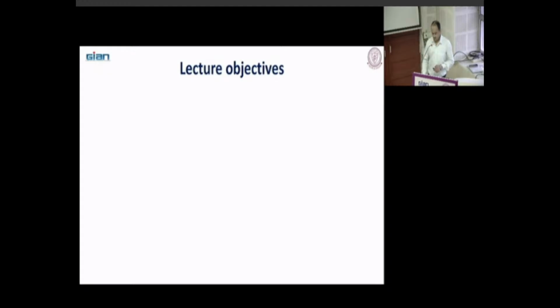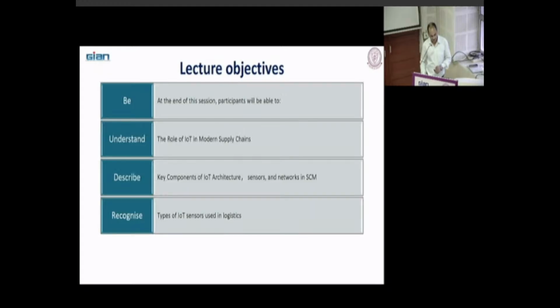So these are the objectives of our today's session. At the end of the session, you will be able to understand the role of IoT in modern supply chains. We will see a little bit of background history of how in the last 15 or 16 years, people were trying to track the products and goods movements from one point to another point.